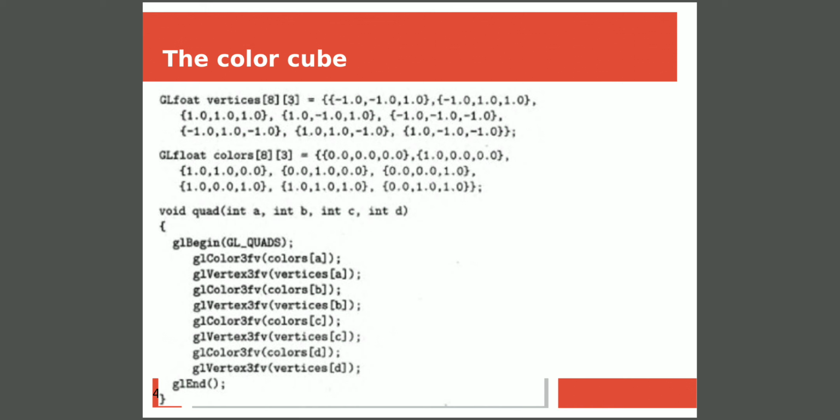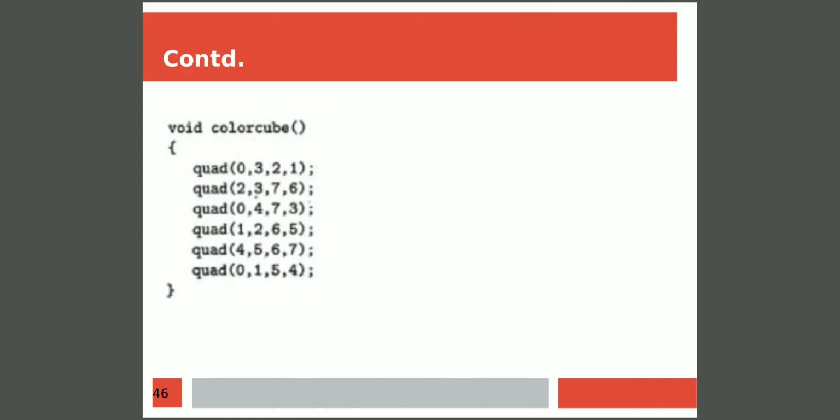Then after that we are going to define a user defined function called quadrilateral with 4 values to define each face of the polygon. Before looking at the definition of the quadrilateral function, we'll see where this quadrilateral function is called. That quadrilateral function is called inside one more user defined function known as colorcube. Here we are going to display a cube with multiple colors, so we are giving the function name as colorcube. It calls the quadrilateral function 6 times because we have 6 faces in a cube, where the first quadrilateral function is called with the values 0, 3, 2, 1.